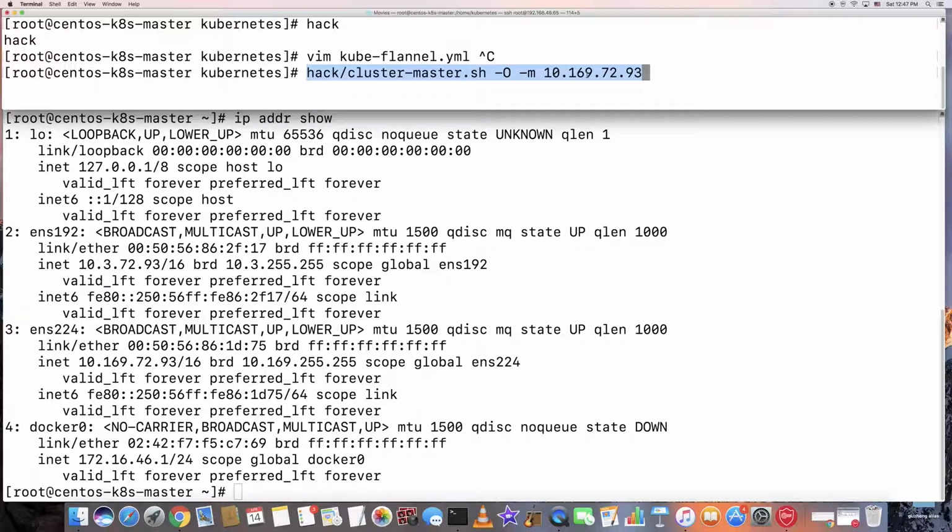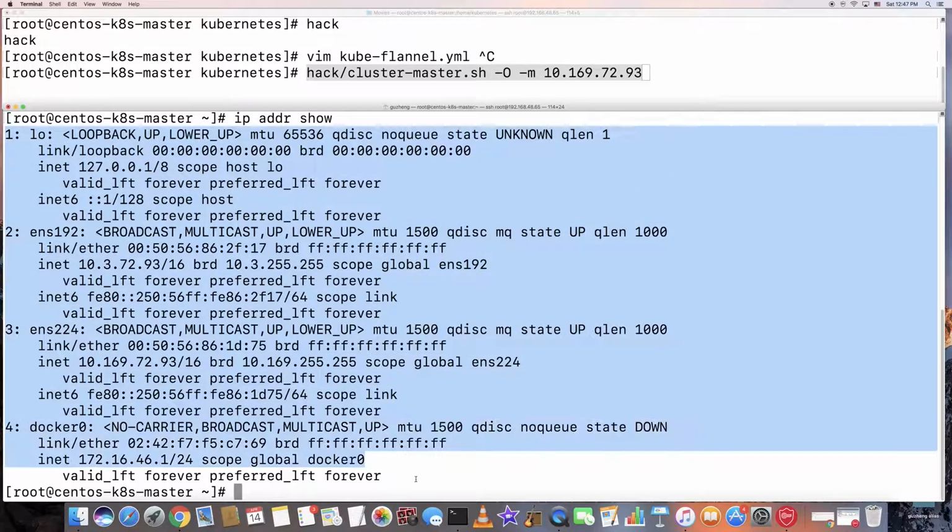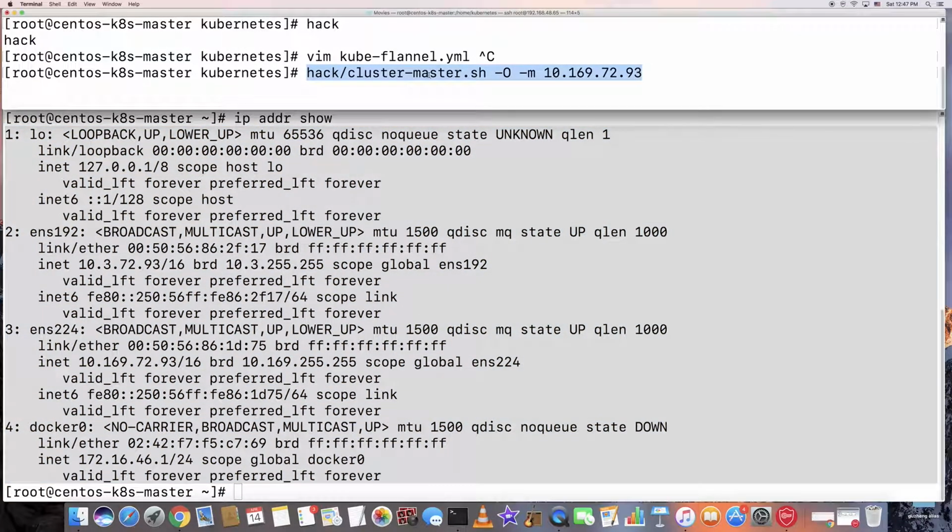So if you want to run this Kubernetes cluster image, you can just specify your master node IP, and the dash capital O is to run the already compiled Kubernetes binary. So I'm going to start up the Kubernetes cluster master node, and let's see what interfaces it's going to add. Okay, here we enter,